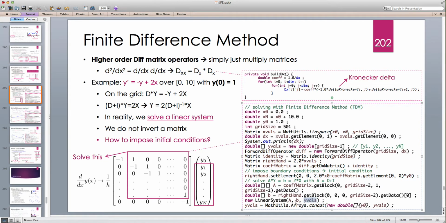And then I pass my A coefficient, this chunk of the matrix, the b, which is the right hand side, and the empty array for the y values to a linear system object, and then it automatically solves and puts the values in this empty array y vals. And then y vals now contains the solution for y1, y2 all the way to yn. And if I want to plot against x vals, which also has x0, I need to append y0 to the beginning of the y vals, and I call the MathUtils Arrays class inside MathUtils and the concat